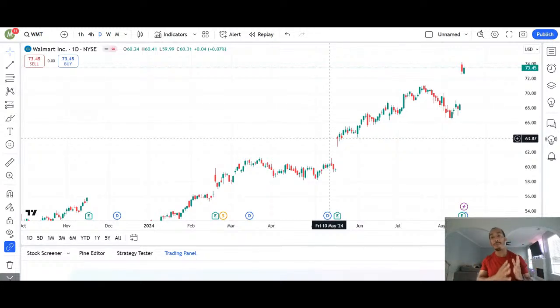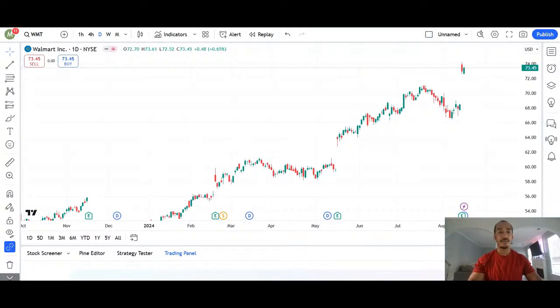It was a real battle between buyers and sellers. It looked like sellers were going to take the lead, and buyers pushed the price back up. So it's showing that sellers looked like they were going to take the lead, but buyers really pushed that situation back up. On a daily time frame, when you see certain candles, it will give you an idea of where you think the stock market will go.